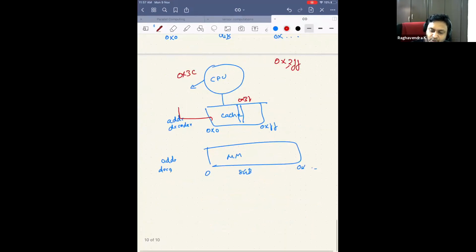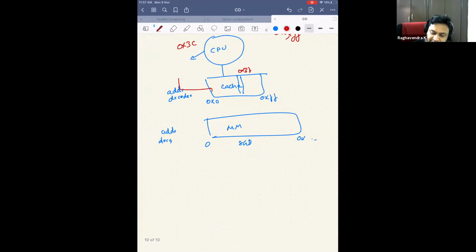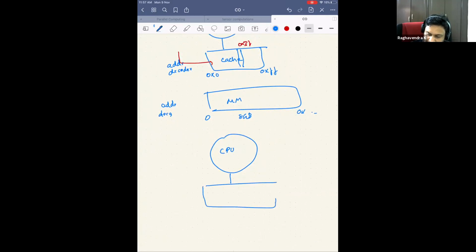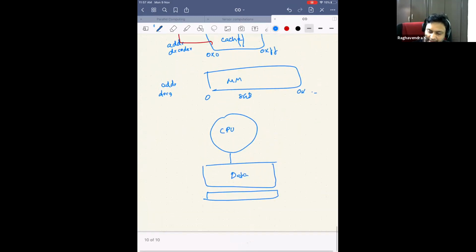Then I should have somewhere where each byte has an address. Let's say now I want to store any byte that is possible in the cache. So the cache has the data location, which has this data, and then I have a space to store the addresses. And that is called the tag.